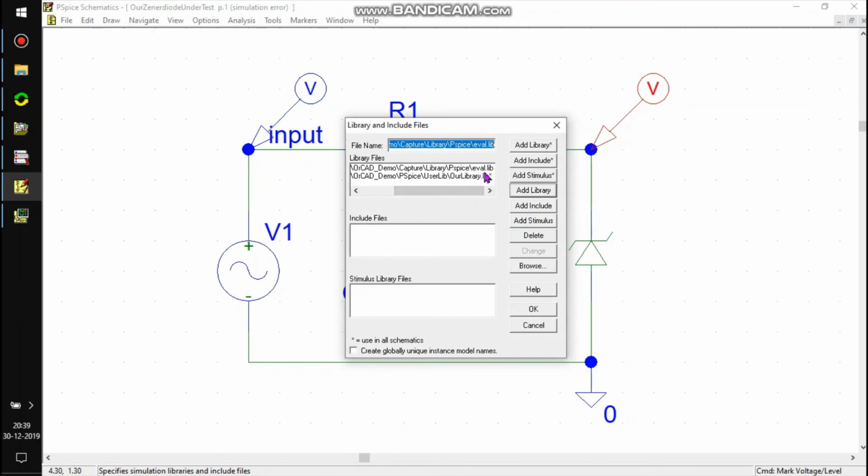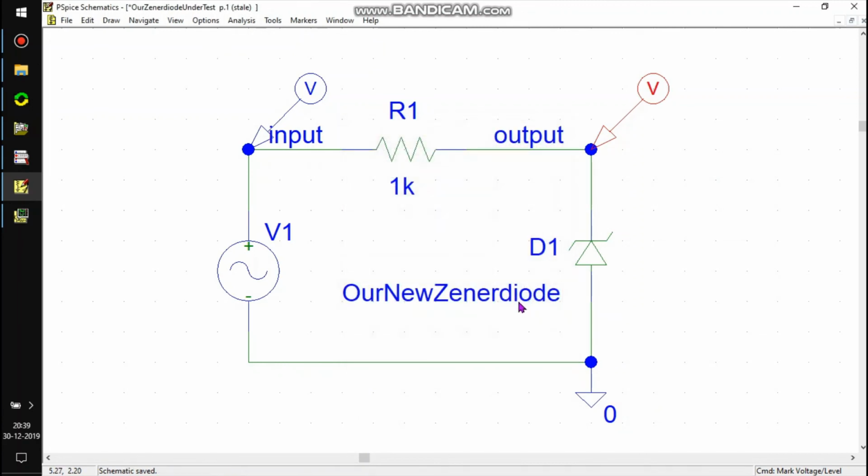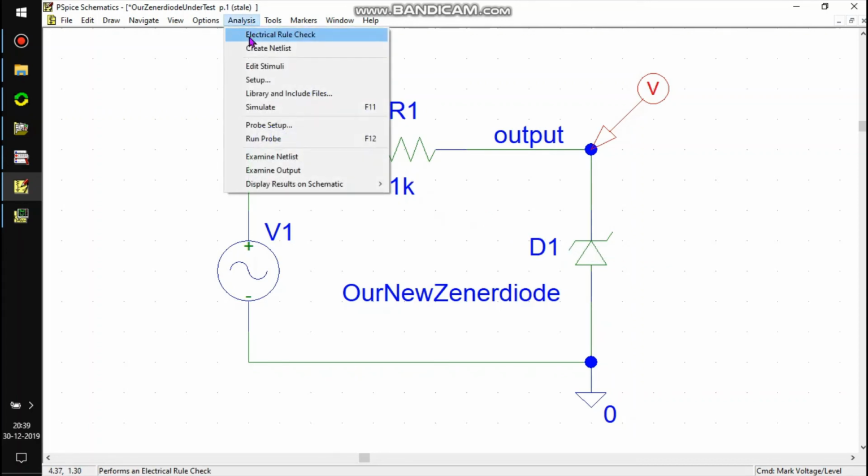Eval.lib is necessary because it describes those diodes which we made inside this. So now it must work.